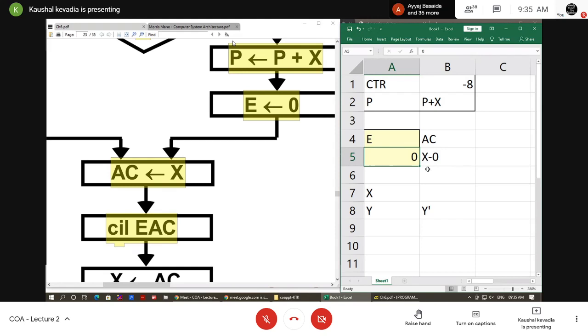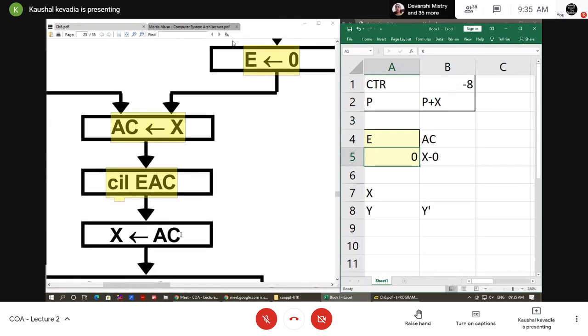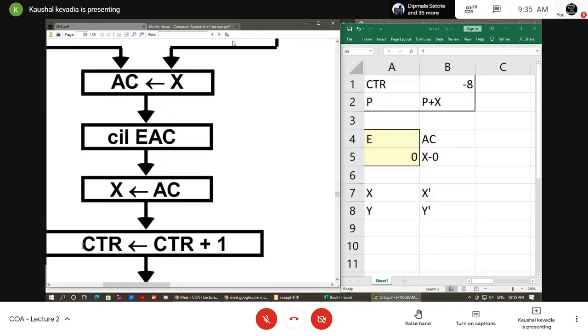Okay, whenever required I can use that new value of X in the partial product. Whenever I need the new value of X, I can use it directly. So after this shifting operation, the new value of X, I can say it is X dash, and I want to put that value into the variable X. So I got the new value of X, X dash, and I also got the new value of Y, Y dash.